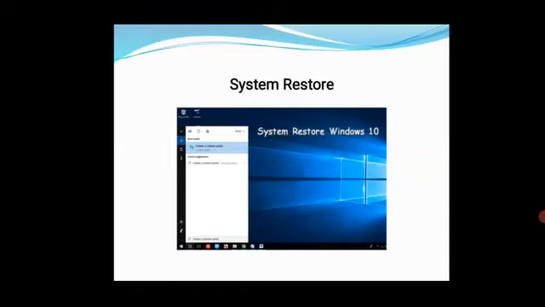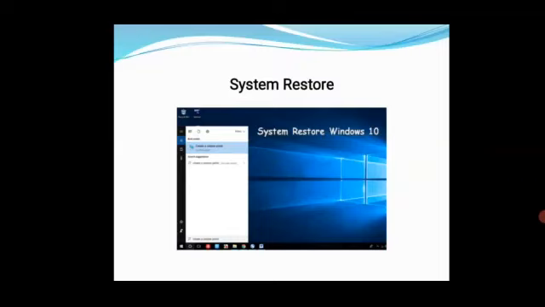Did you understand? When you are installing any software or operating a system, and suddenly the system hangs, with the help of this system restore point you can get your personal data files without any loss. Is it clear, students?